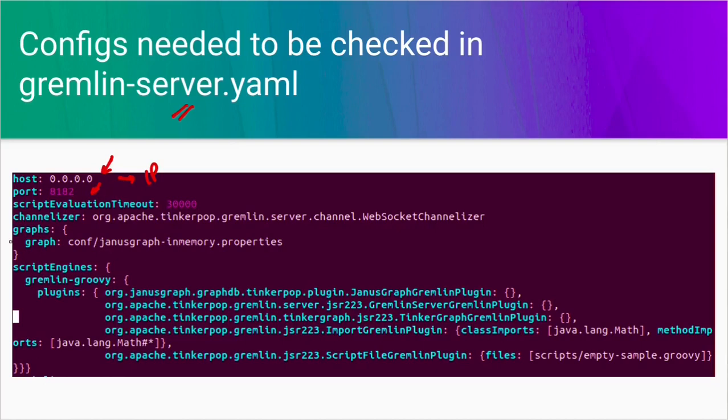The next main thing to see here is graphs. We can define multiple graphs in here. As of now we have defined one. To define a graph, we provide a property file which contains the connectivity information, which in turn leads Gremlin server to create a graph object and understand how it needs to connect to the database. As of now I am using an in-memory configuration. That is, all the data will be stored in memory, that is the Java heap space.